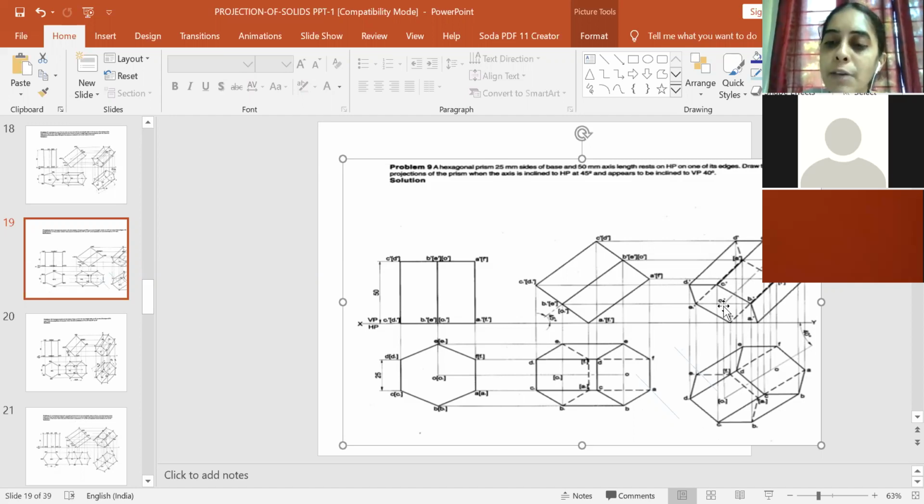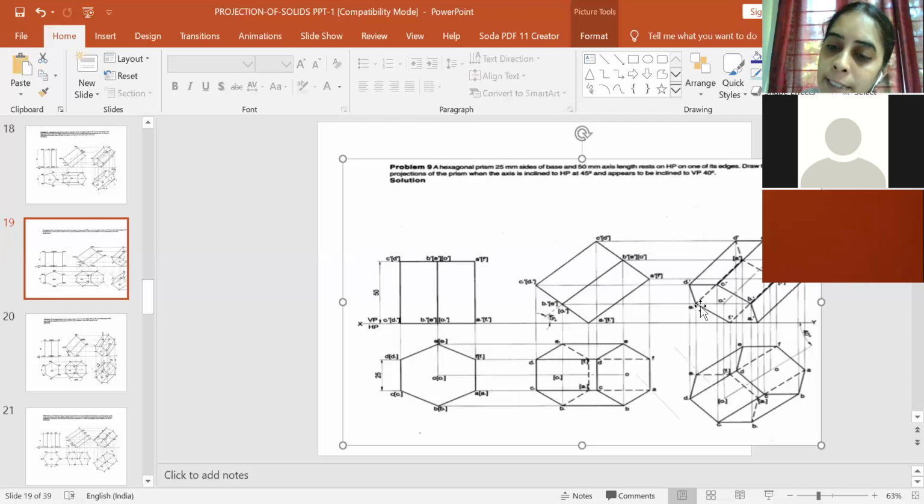So now we have to see which are the sides which are passing through inside the surface, in which direction it is viewed. So it is viewed from this direction. So these are the projections passing through the corner of the top surface, and you have two more projections here which are passing through inside the surface. So this is E1 dash to E, and this is F1 dash to F. So these are the two sides of the hexagonal prism which are passing through inside the surface of the hexagonal prism. So this line now will be hidden.